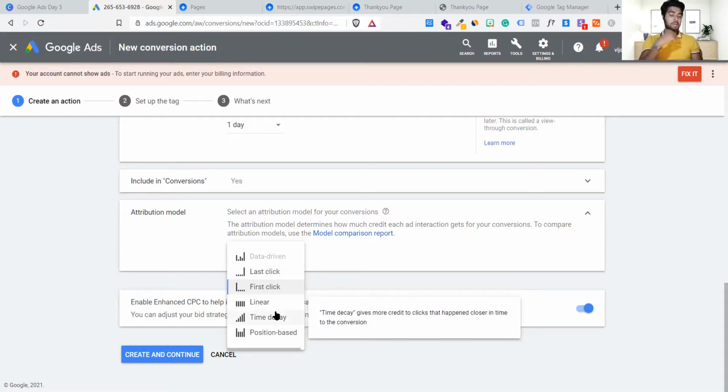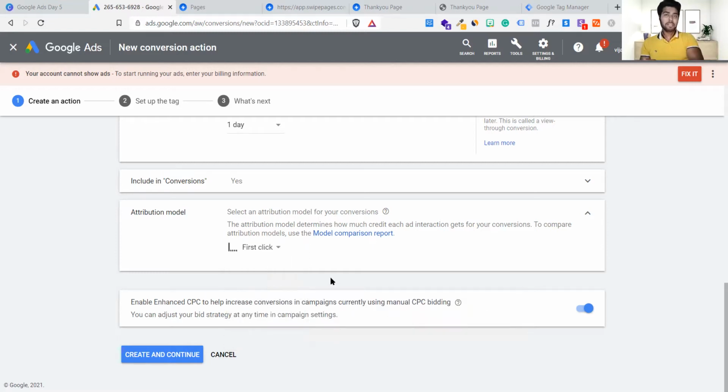But when we run a lead magnet and signups, now you tell me what is more important: those who have recently clicked on a landing page and come to our website and signed up, or those who clicked the tenth time from the very first time, or maybe in the middle of the week, or maybe in the last week? Whom should you track? Of course, the recent one. Are you with me? The recent one is like last click, no? Last click, yes.